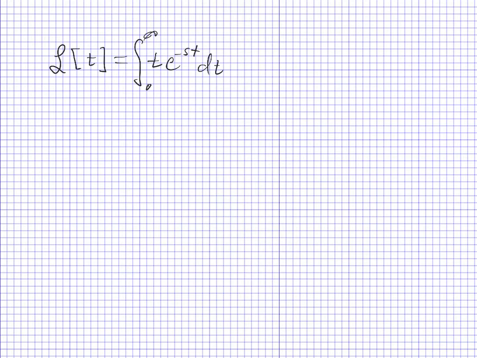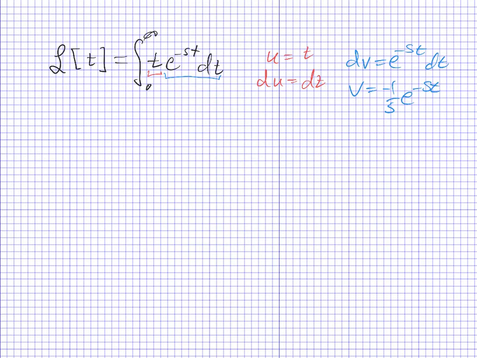And we'll take a look at using the u as the t, because again, the idea is we want to differentiate this to make it simpler. Then we'll let the dv be the exponential part, because that's easy when we integrate it. It doesn't get more complicated. So u will be equal to t. du is then equal to dt. dv is e to negative st dt, integrating negative 1 over s e to negative st, like we saw in